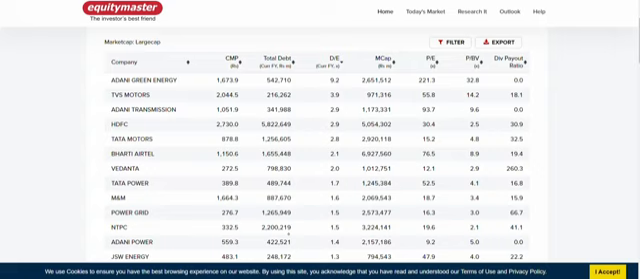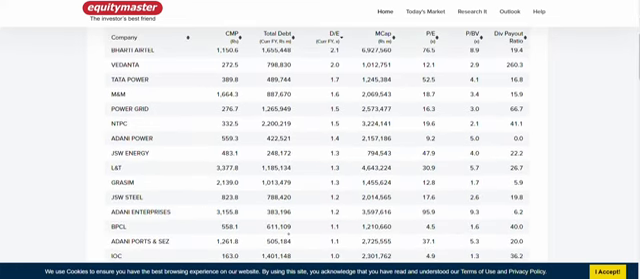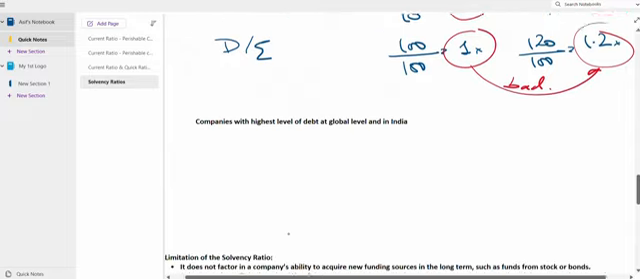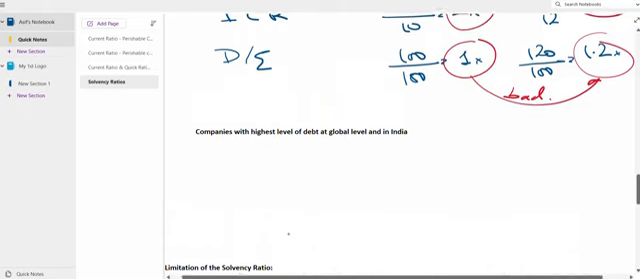TVS Motor, 216,262 million rupees. HDFC, if you see, 58 lakh 22,649 million rupees. I find it difficult to even read those numbers. So this is the kind of debt these companies have, and still they're running successfully. How is it possible? The mantra is